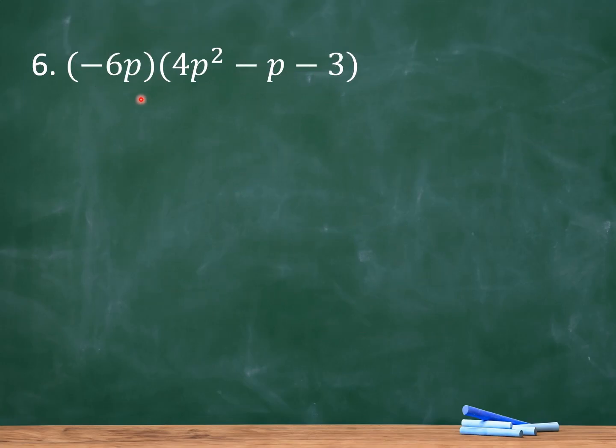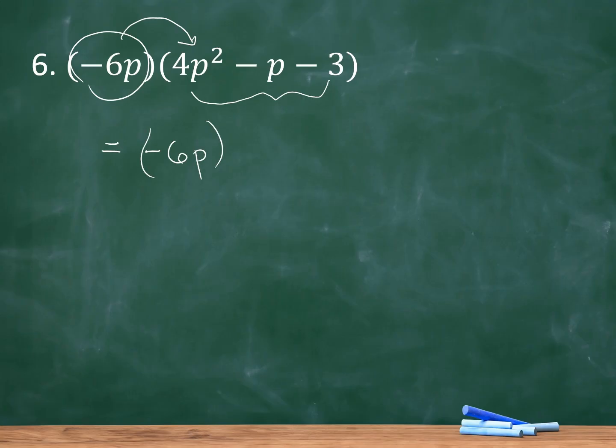Example number 6, negative 6p times 4p squared minus p minus 3. So the same thing we're going to do. We will distribute negative 6p to each of the terms inside this parenthesis, starting with negative 6p and 4p squared. Let's write it here, negative 6p times 4p squared, and then we have a minus, so let's write here minus,